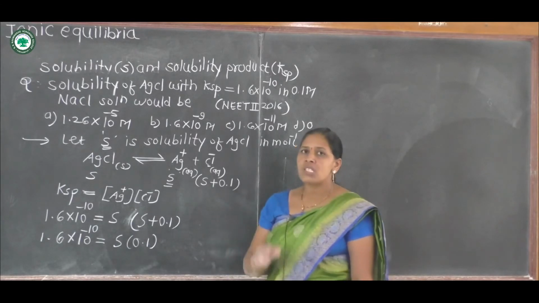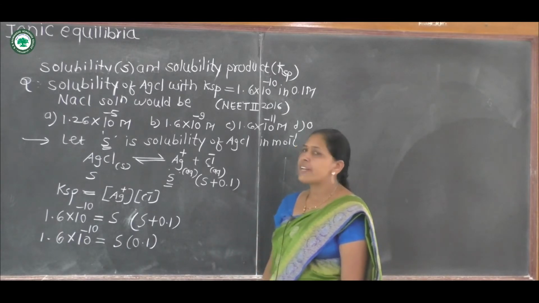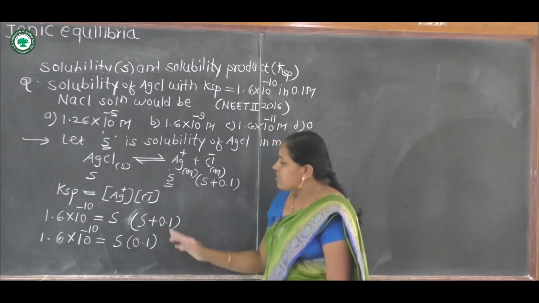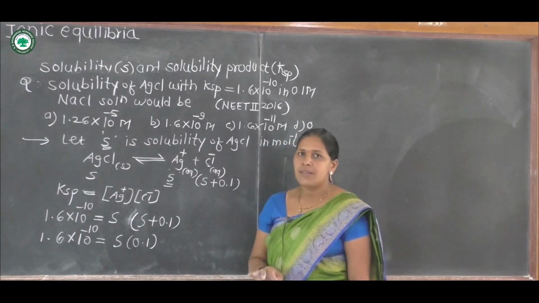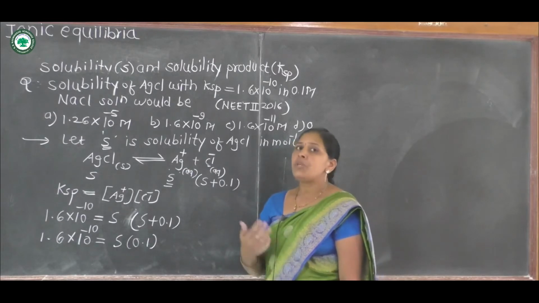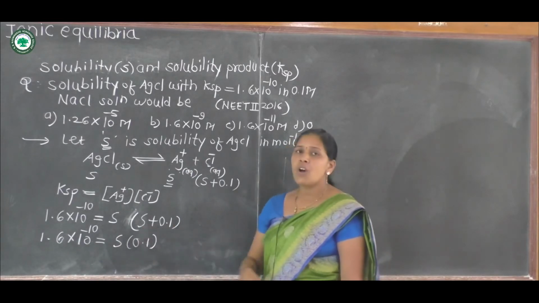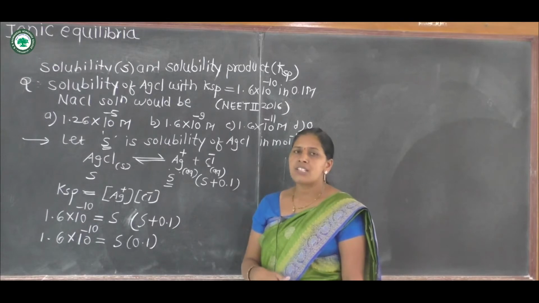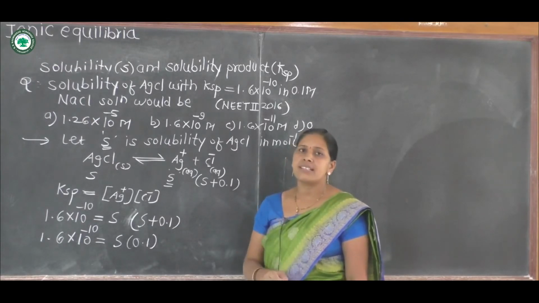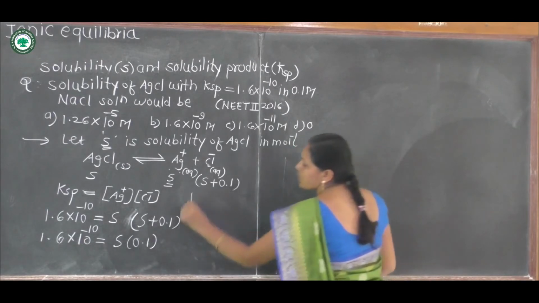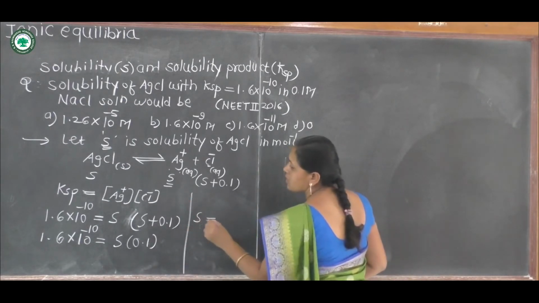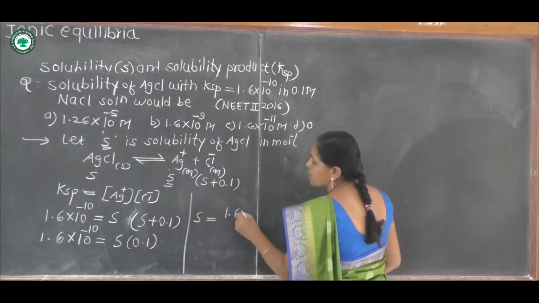Therefore, more concentration of Cl minus ion is provided by NaCl, and AgCl is a sparingly soluble salt which cannot be completely dissociated. Therefore, as compared to NaCl, the Cl minus provided by NaCl is much greater. Therefore, this S can be neglected, and from this we can calculate S is equal to 1.6 into 10 raised